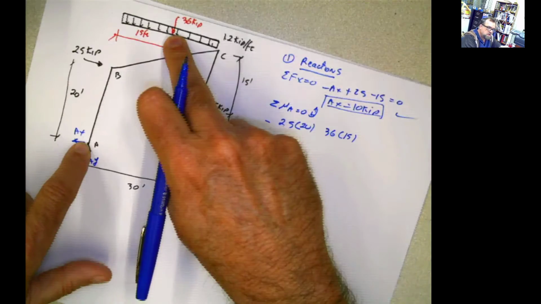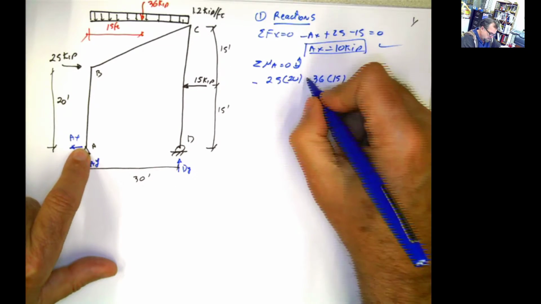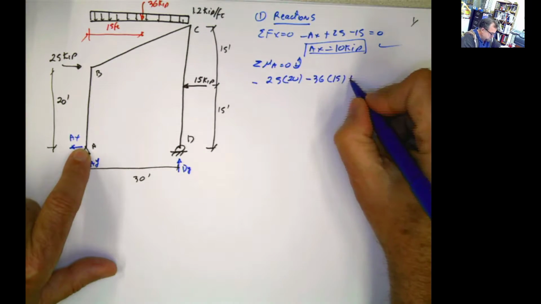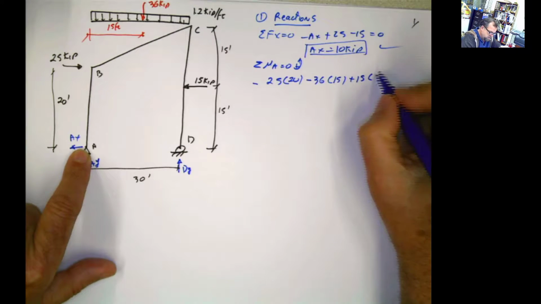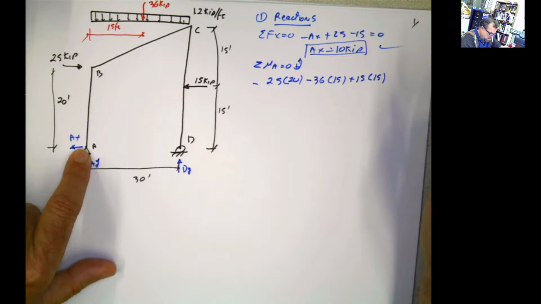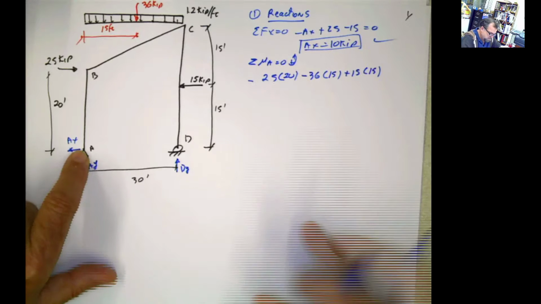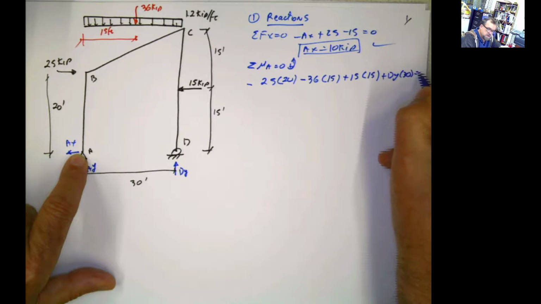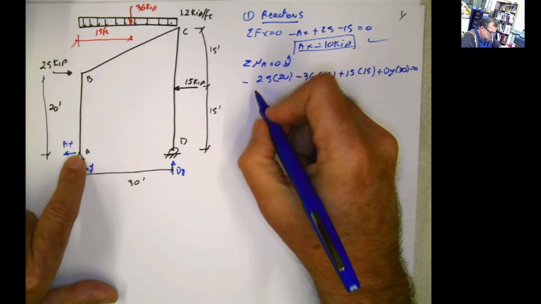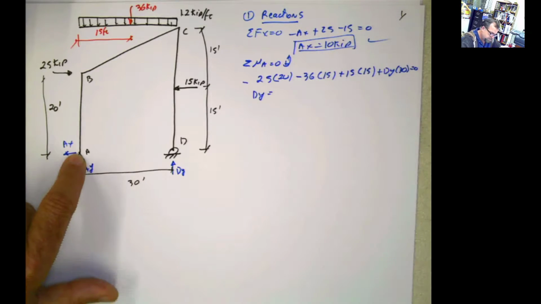apply the force, rotation in this direction, what is that? Negative. 15 times 15, positive. DY times 30, positive, equals 0. Solve for it. DY equals